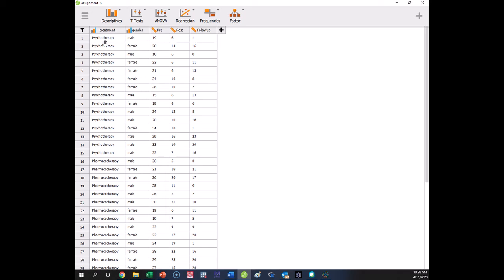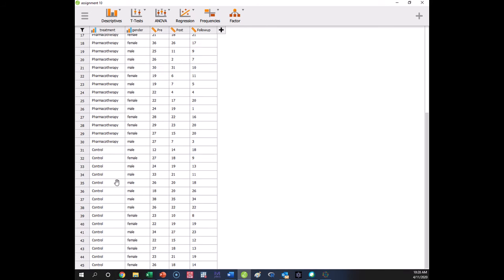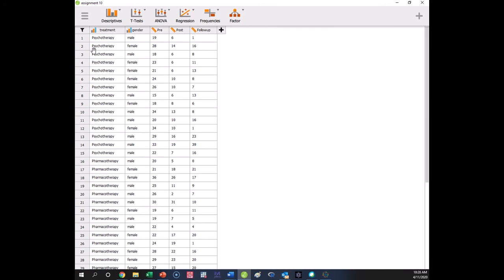Then we're going to do one for the variable that we would have to do it for because it has 3 levels, and that is treatment. So we have 3 treatments: psycho, pharma, and control. So we would have to do an ANOVA here because we have more than 2 levels of our independent variable. So let's take a look first at doing it for gender, and let's see how the t-test and the f-test